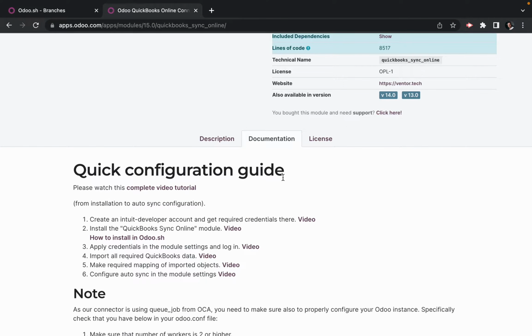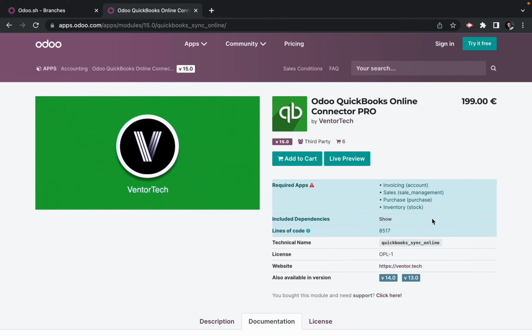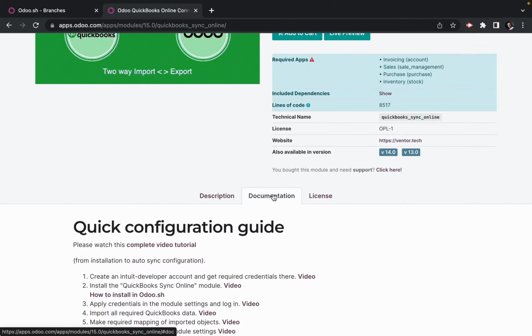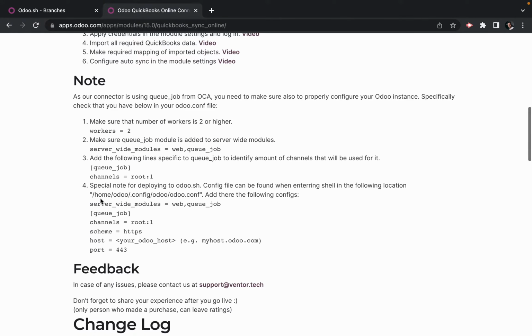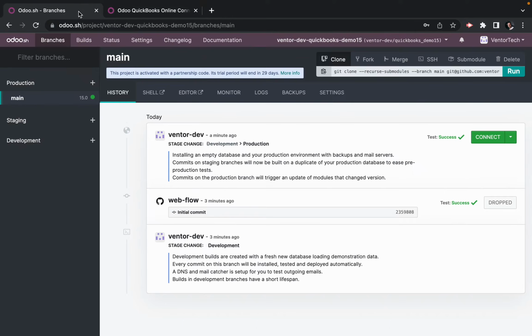Okay, let's imagine that we have purchased a module. There is a documentation tab that contains all needed steps with all necessary videos and also some help text information. In this video, we are going to install QuickBooks